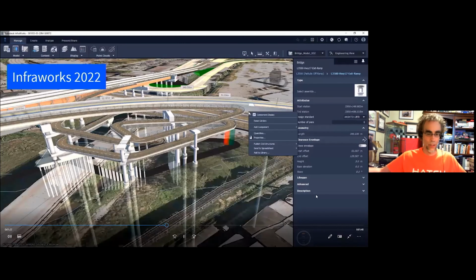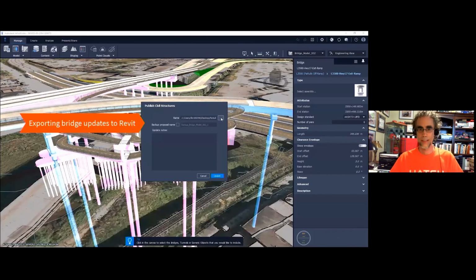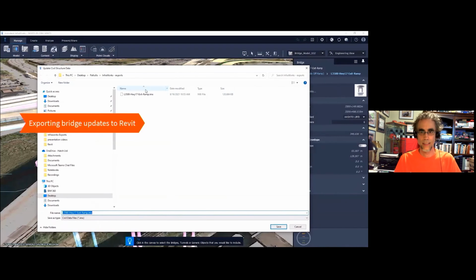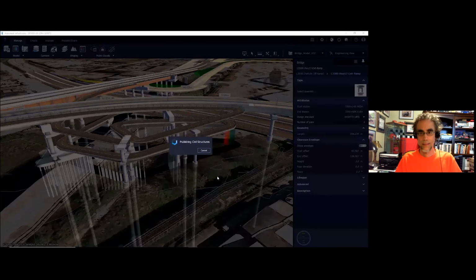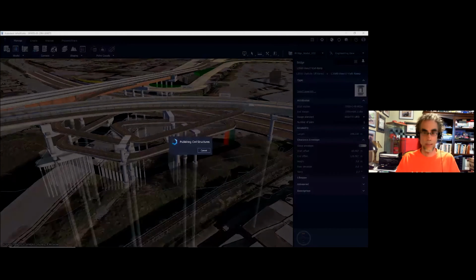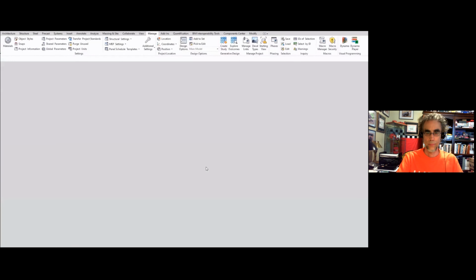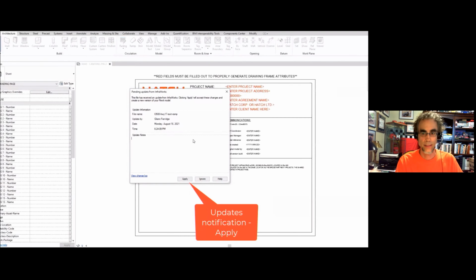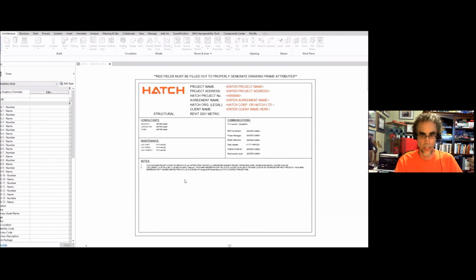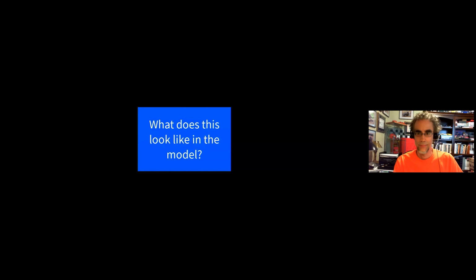Now, what about updates? Because we all know the structure changes, right? The corridor changes, the structure changes. You might change the spacing on something in InfoWorks. Well, you can re-import the changes into Revit. So you export the IMX again from InfoWorks as an update. It will update that previous IMX file and the JSON and the log file. In Revit, it's as simple as opening that Revit container that was housing that Revit model. And we did one container for each structure, and then we created a combined file. You are then asked to apply or ignore the changes because it recognizes the change in the IMX file. You apply those changes, and well, what does this look like in the model?